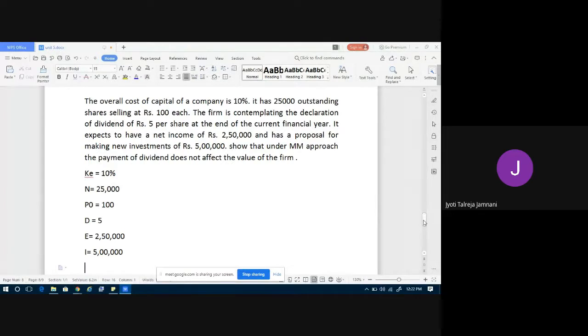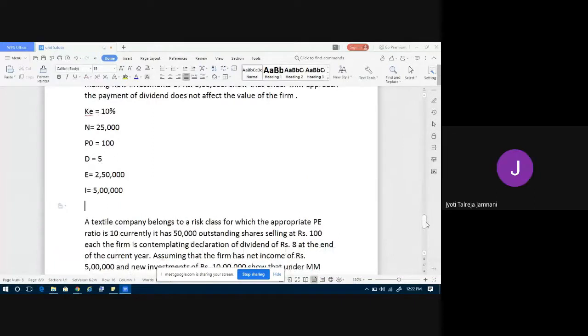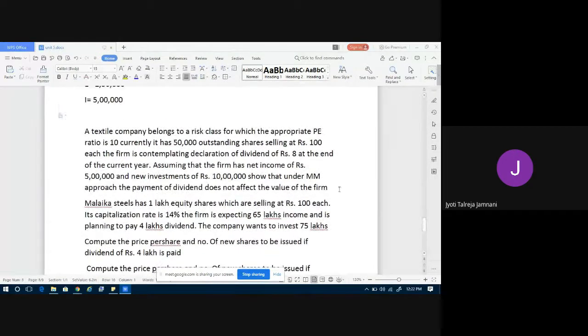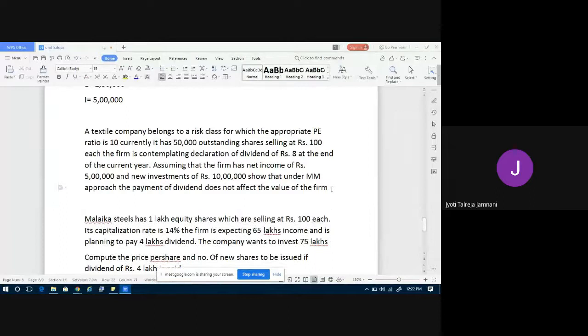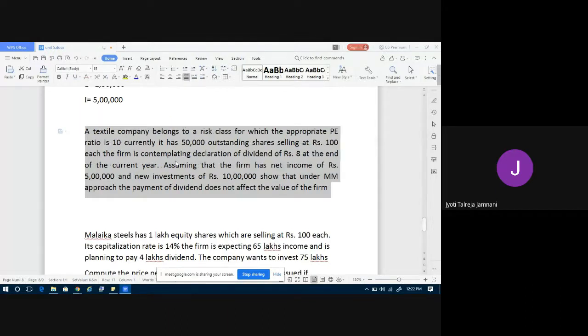Will you try this sum or you want me to do it? We'll try, ma'am. It is simple, everything is directly given. You try it. If you don't get, I'll do it in the next class. This is your homework problem. Let's do the next sum, which has a little twist. All of you, please try it. Otherwise, in the next class, if you tell me, I'll solve it and I'll share the solution with you.